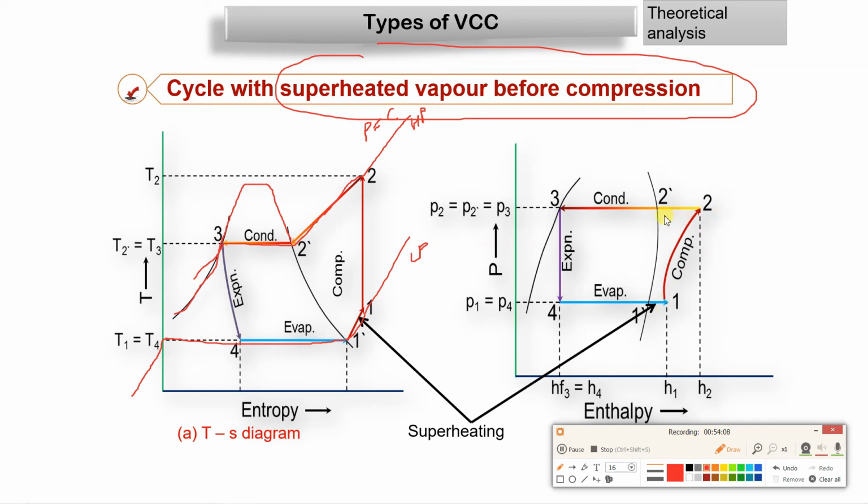Then process 2 to 3, it is constant pressure heat rejection in condenser. So first process from 2 to 2 dash, here you can see it will be de-superheating, and then from 2 dash to 3 that will be condensation where pressure is remaining constant. So here you can see throughout from 2 to 3 it is following constant pressure curve. Here also on pH diagram this y-axis is pressure, so this horizontal will be pressure equal to constant. So 2 to 3 is pressure equal to constant heat rejection in condenser.